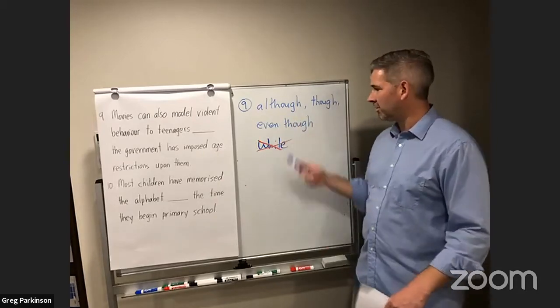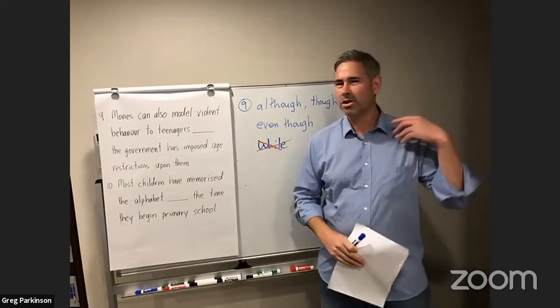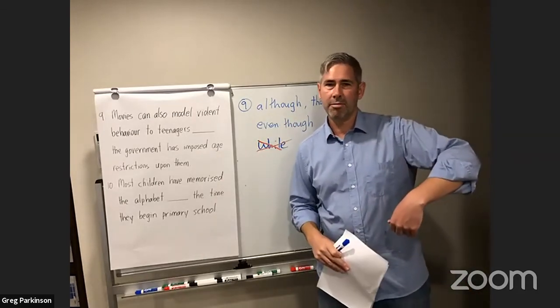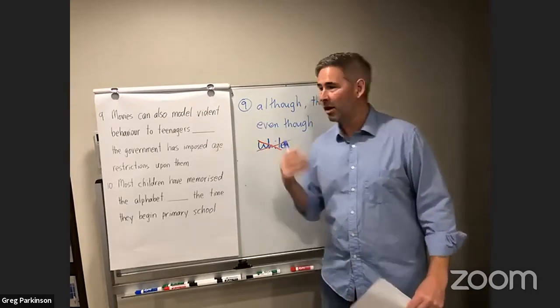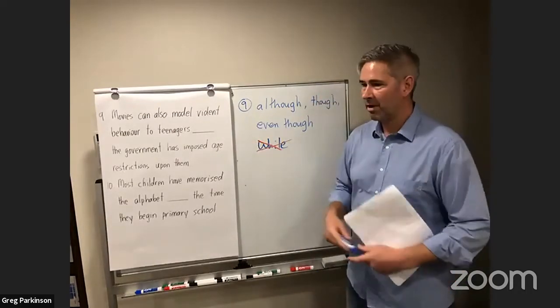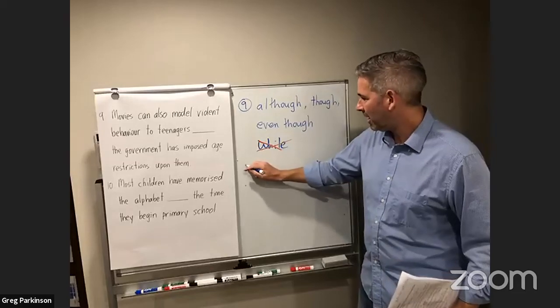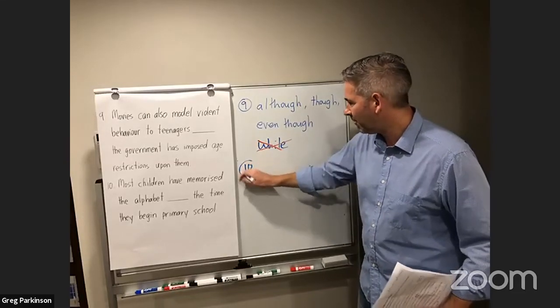All of those show a strong contrast, while doesn't show a strong contrast. It's more like the meaning of on one hand, on the other hand, right? So that's an easy way to think about while. And the last one for today,